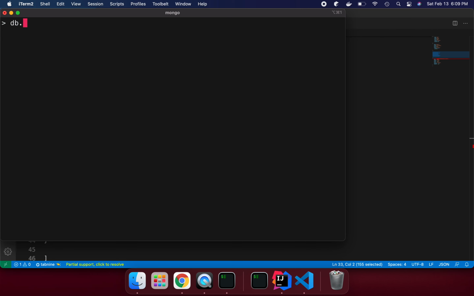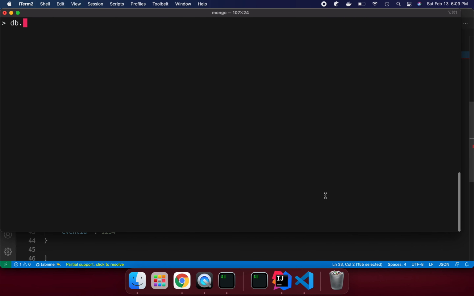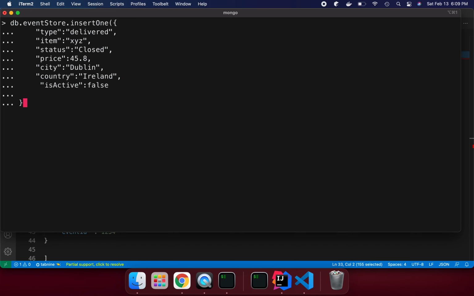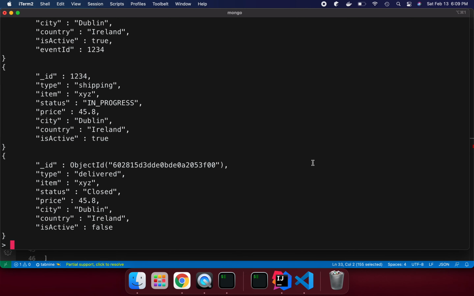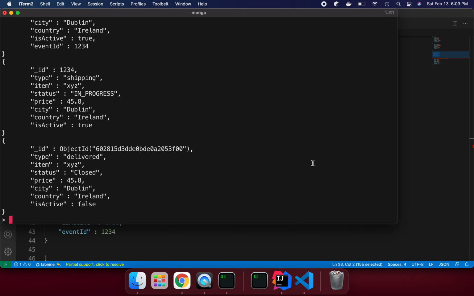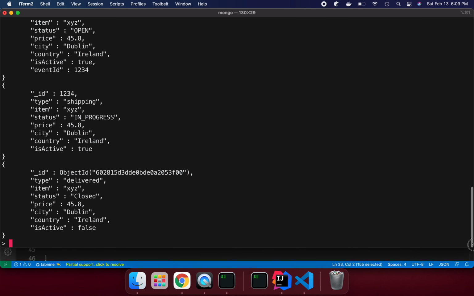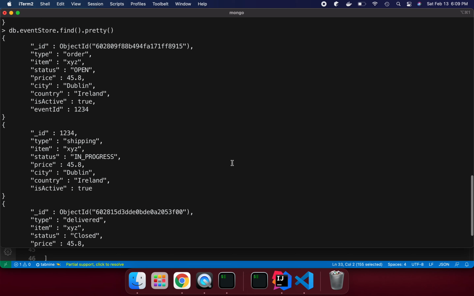Let me clear it first. I'm going to say db dot event store dot insert one, and paste this one. Now if you see the records, we have three records. Let me decrease the size so that we can see it. So we have three documents here.